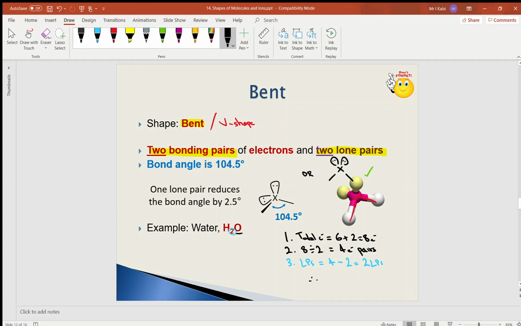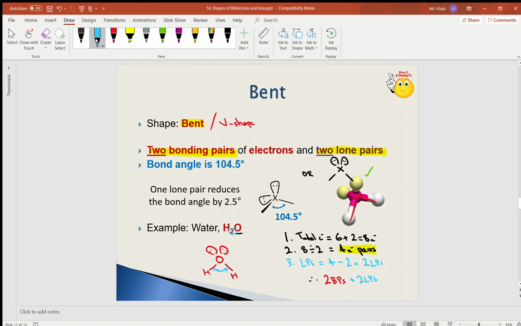My conclusion is out of these 4 electron pairs, 2 of them must be lone pairs. Therefore that leaves me with 2 which must be bonding pairs, because the total has to be 4. So 2 bonding pairs, and I've also got 2 lone pairs on there, and that total equals 4 electron pairs. So if I draw my shape, I'm going to use this particular template here, where my X is my oxygen, bond there, my lone pair there, put a hydrogen there, and the bond angle in here is